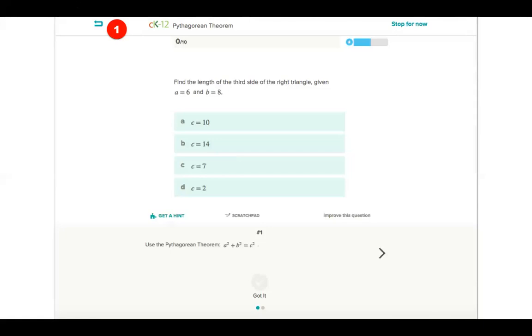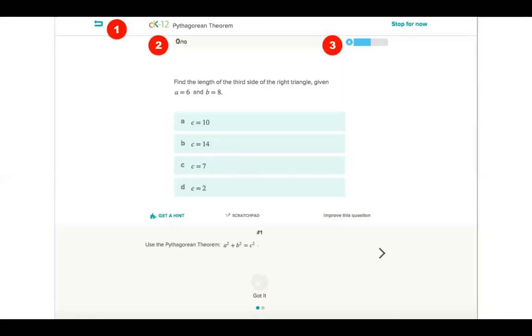Next, you'll see a progress bar that displays the number of questions answered correctly. You can see that our system has already set the goal of 10. This is a system requirement. It cannot be changed by the teacher or the student. They are always trying to get 10 questions correct.